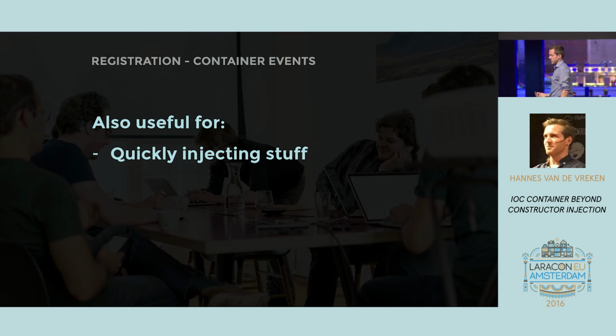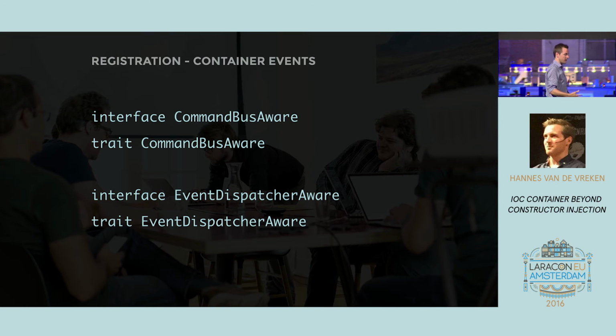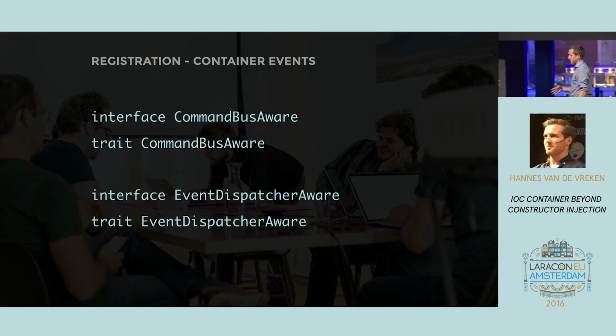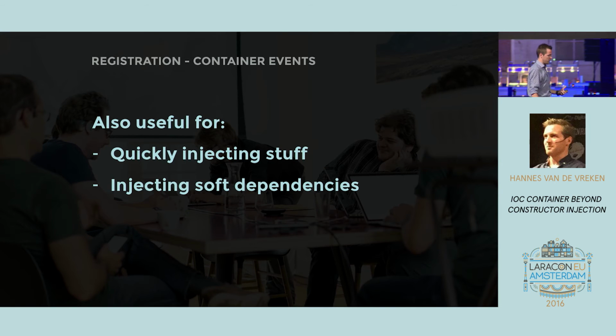What is it useful for? For quickly injecting stuff like the environment or like a command bus. If you need a command bus somewhere, then you can use interface command bus aware and trait command bus aware. The same with event dispatcher. If you need an event dispatcher, you can say interface event dispatcher aware and trait event dispatcher aware and inject a event dispatcher. So it is also used to